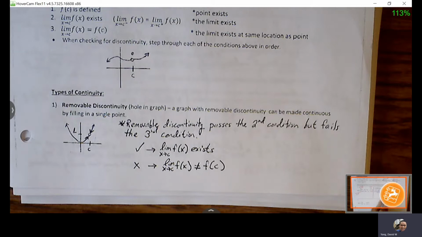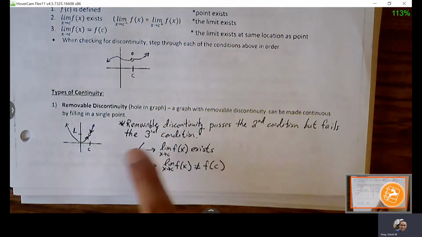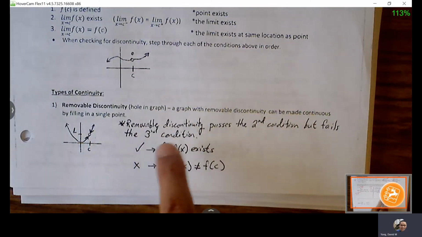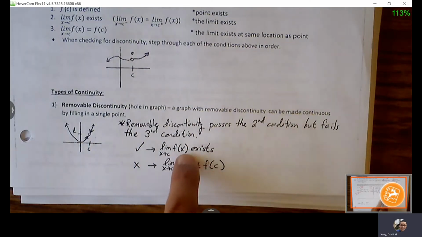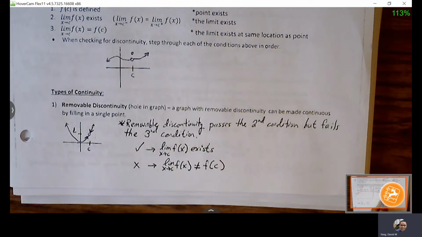Yes. Wouldn't that graph fail the first one? Good question. That's right. So the first condition is going to fail, but we continue moving to the second condition because if the first condition fails, we already know the function is not continuous, but we don't know the subcategory of discontinuity yet. So if I just ask you if the function is continuous or not, and the first one fails, we could stop. But usually, the problem is going to ask you for if discontinuous,